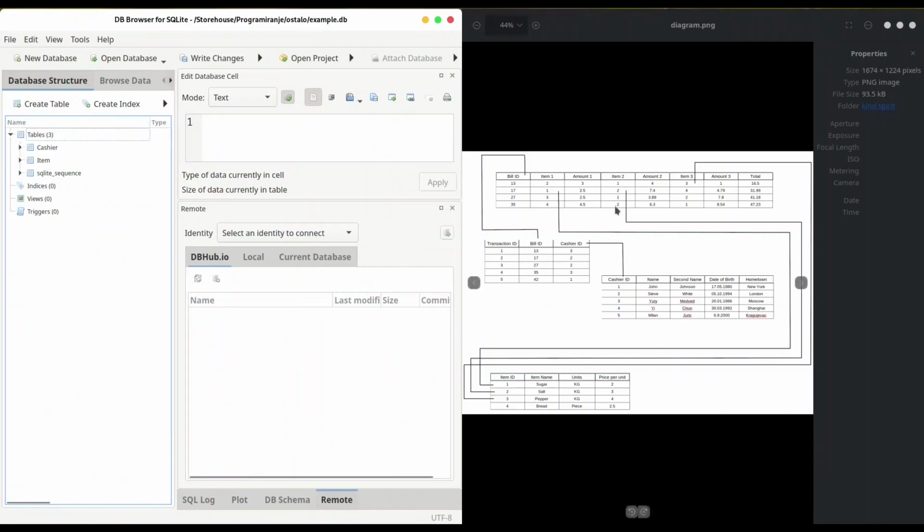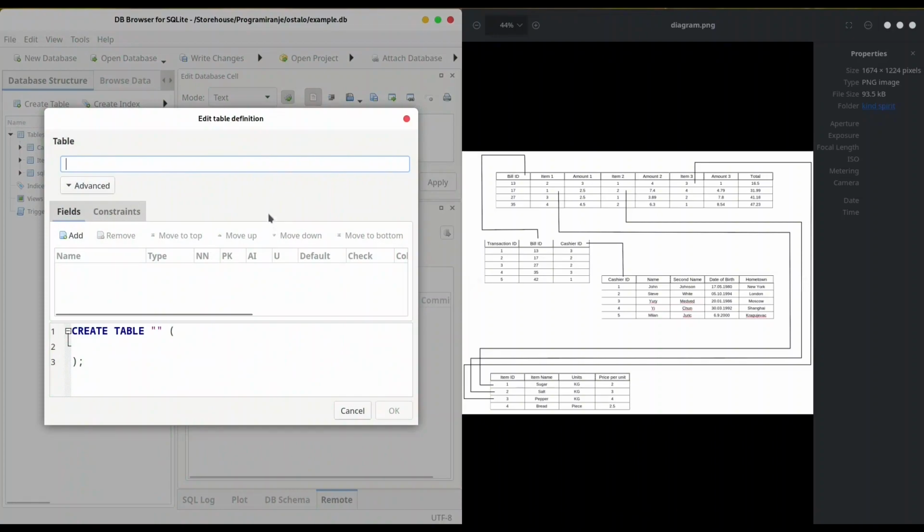If we were to follow this example, now we would create this bill table, but I want to change things a little bit. I want to make this database much better. So I'm going to create this transaction table first. And how am I going to do that? Name: transaction, and I'm going to create the field transaction ID,